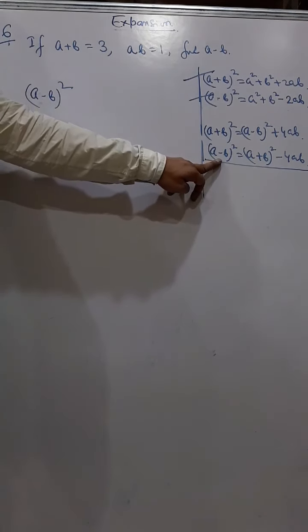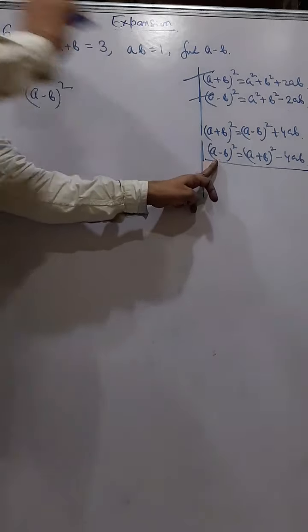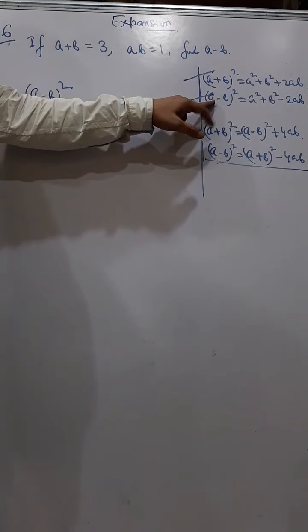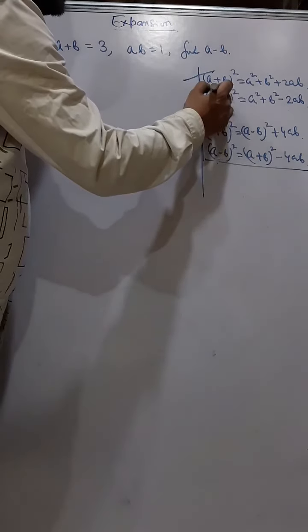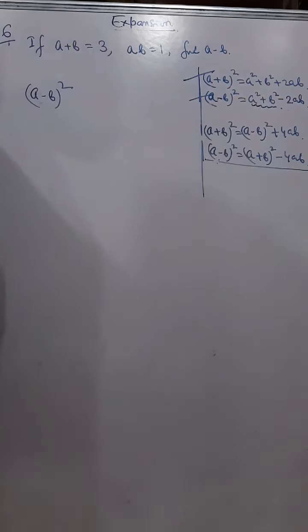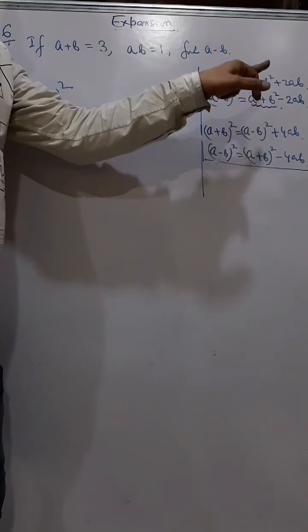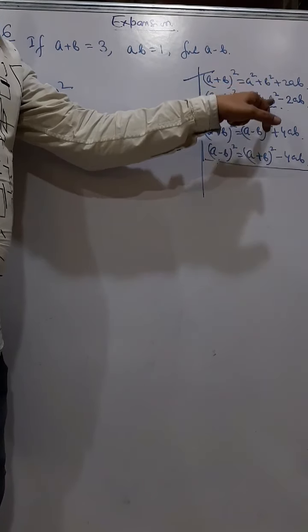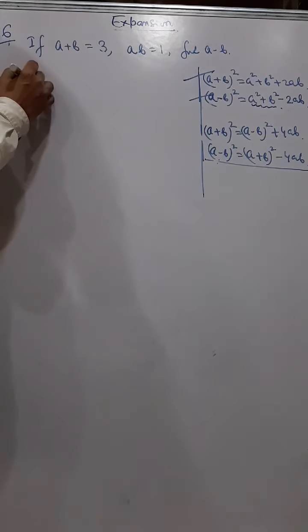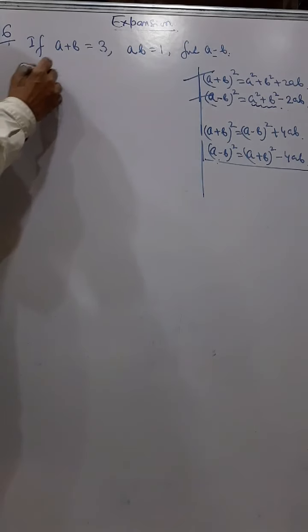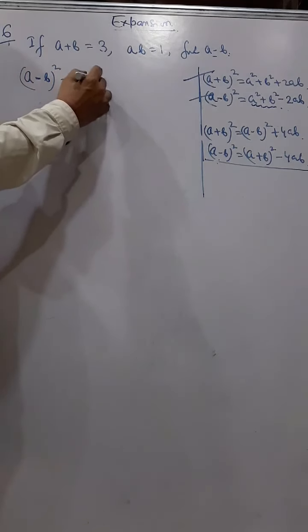When I use this formula, I can do this sum in only one step. But when I want to use this formula, I have to do it in two steps. You know why? Because I also don't know this value. So from this value, first I get this value, and then by using this value, I get this value. So first I am showing you that method, because generally we have done it in this method only, because when I do a plus b, I can't get a minus b whole square directly, because when I do a minus b whole square, I know this formula.